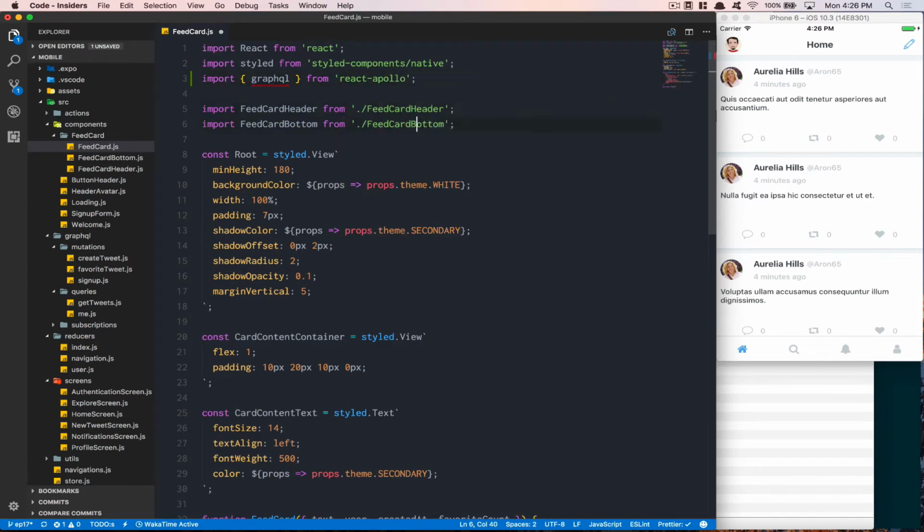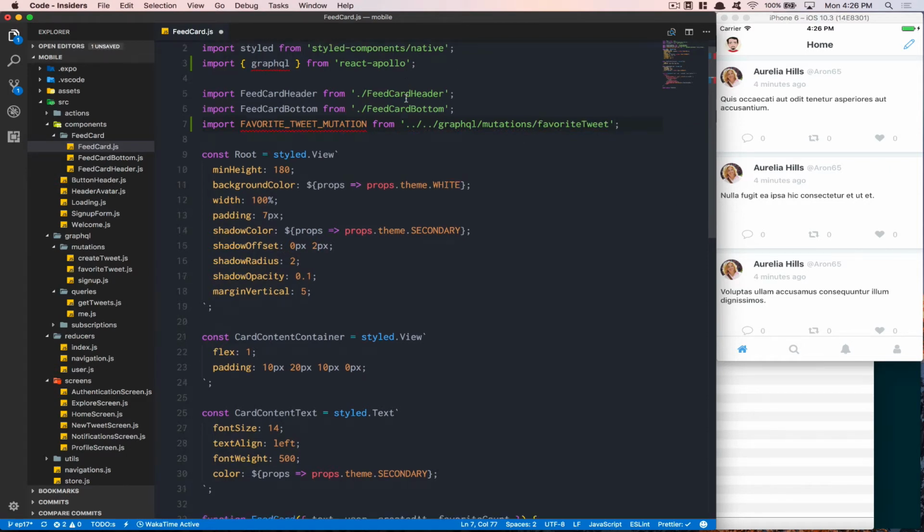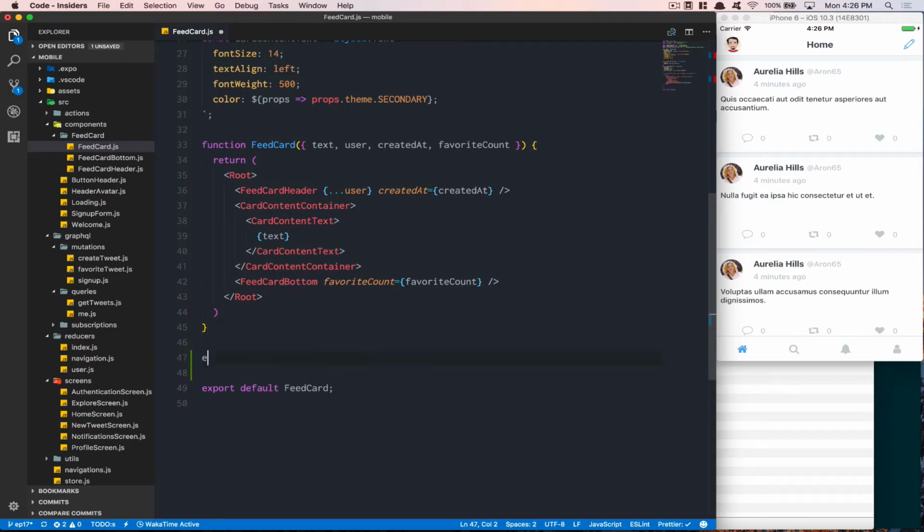After that, what we need is the mutation. So we're going to import, like I like to put my mutation and my query from GraphQL in uppercase, from GraphQL, mutation, and favorite tweet. After that, we're going to go at the bottom here and do export default GraphQL. We're going to put the favorite tweet mutation, like I told you. I don't know why, but Visual Studio Code doesn't like it. And now we're going to put here the feed card,